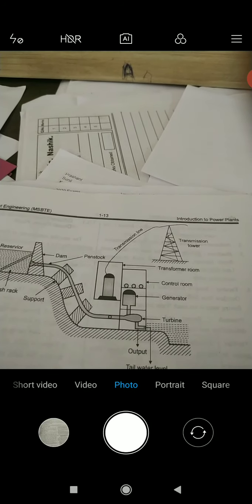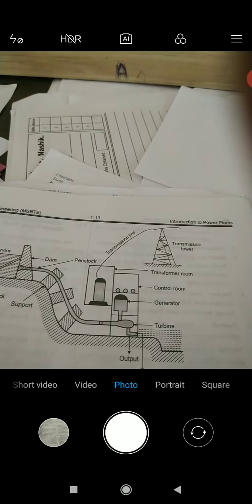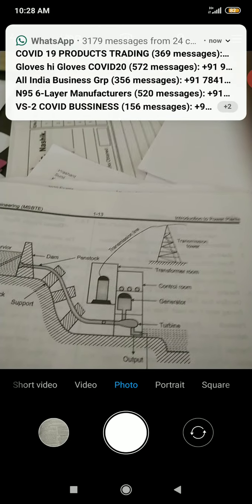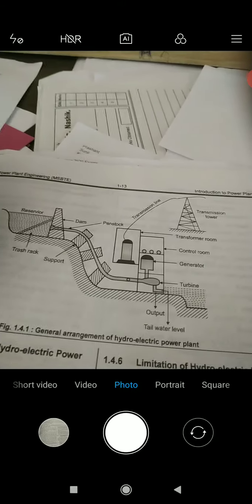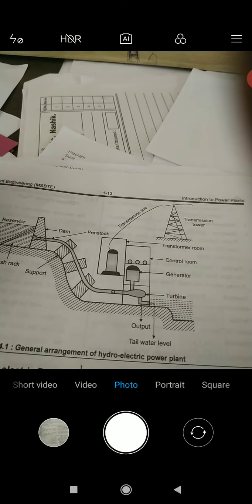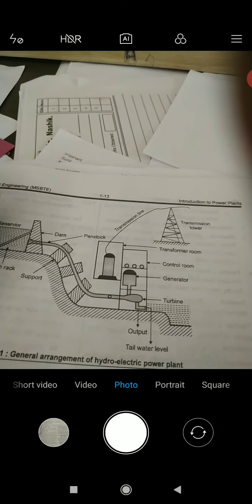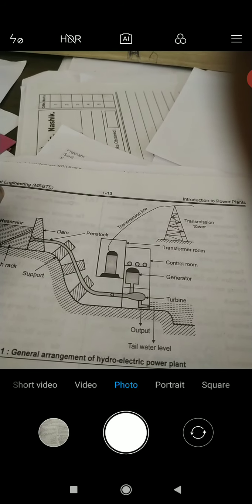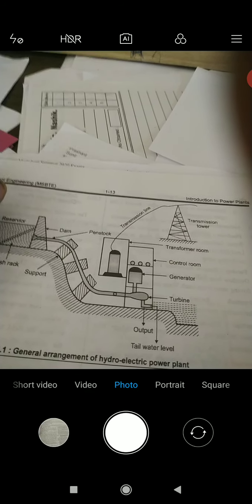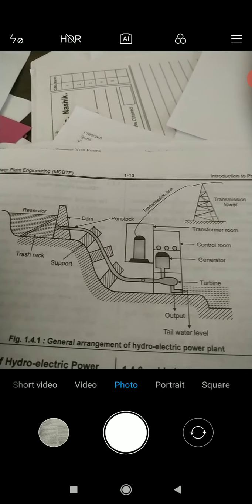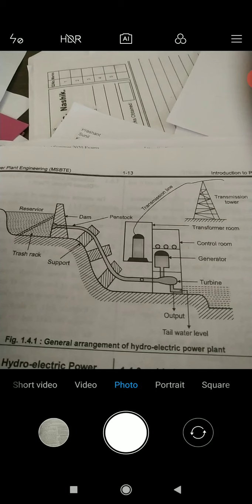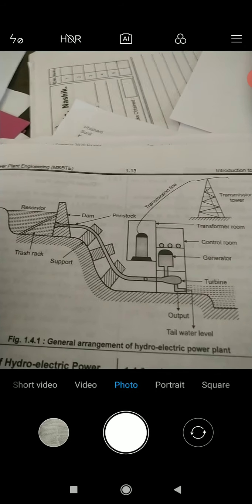Now we'll see the disadvantages of this power plant. The capital cost is more. The power generation of this plant is only dependent on the quantity of water available, which in turn depends on the natural phenomena of rains. It takes a long time for creation. And the last disadvantage is that the transmission of power from the power station to the load center requires long transmission lines, so high cost of transmission. So this is regarding the hydroelectric power plant and its advantages and disadvantages.